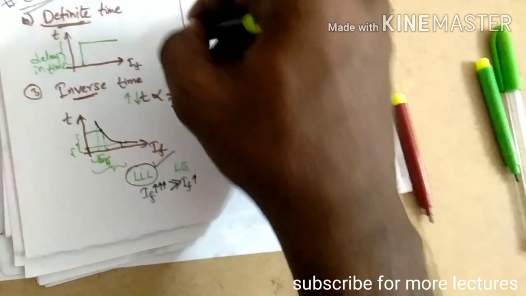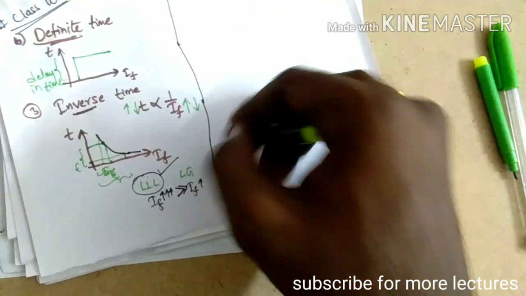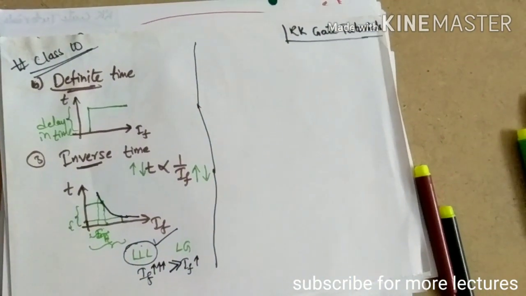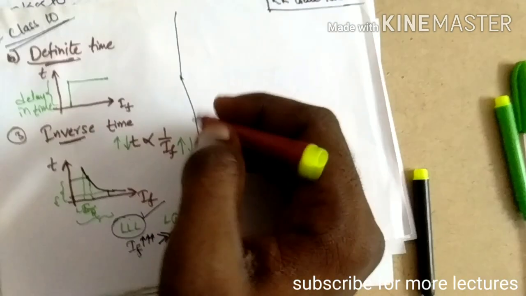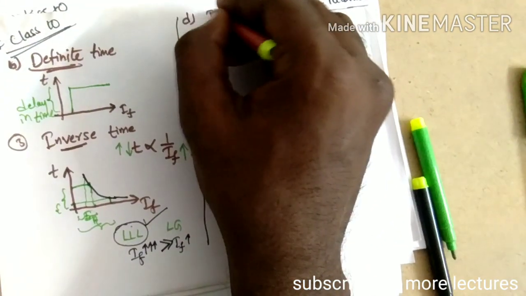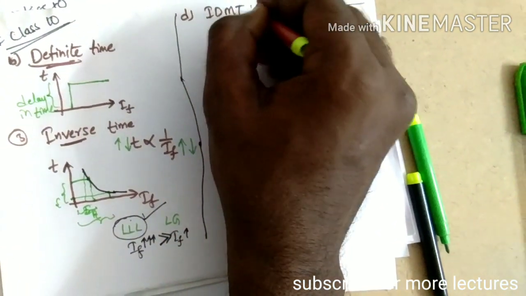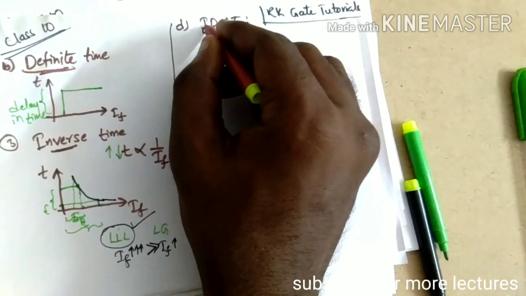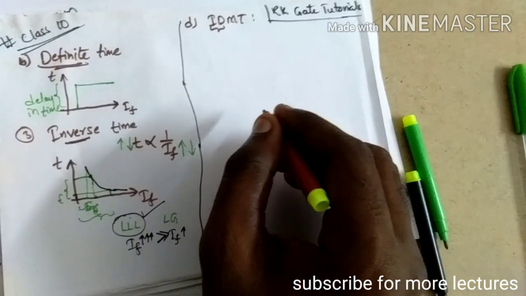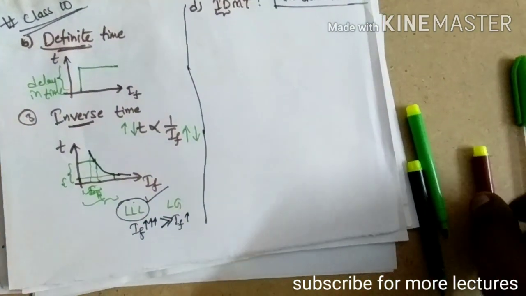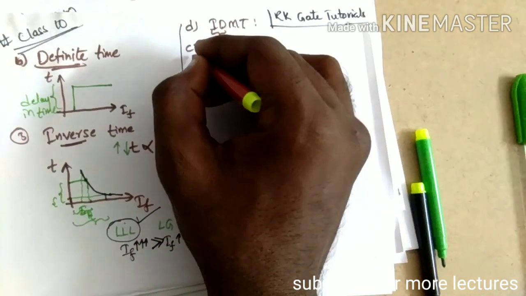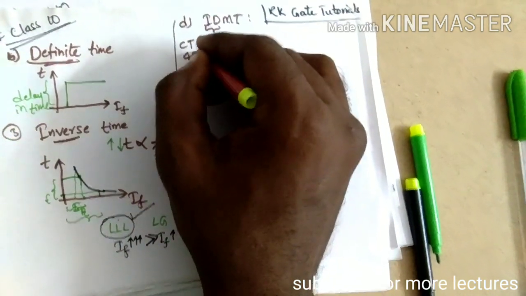Now let us go to the next type of relay. This is another important one, that is the IDMT relay, inverse definite minimum time relay. So it is a combination of inverse and definite characteristics. Here you have to analyze. Let us take an example. Let us take a CT whose rating is 400 by 5,